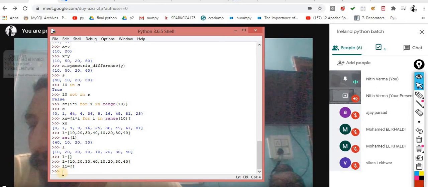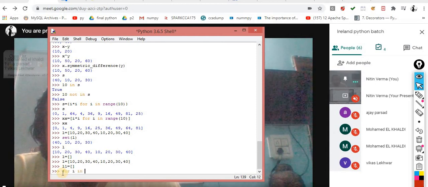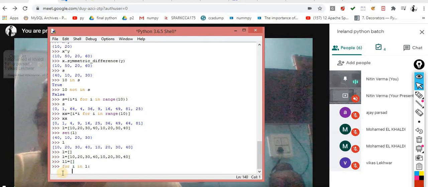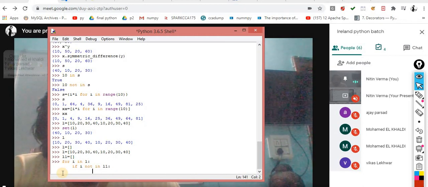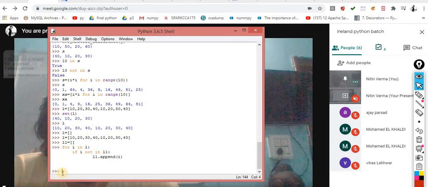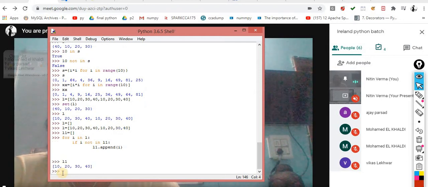So for the same, what you have to do: for i in L, if i not in L1, then L1.append(i). That's it. So if I print L1, you will get the unique data. This is a very simple logic with the help of an if condition.